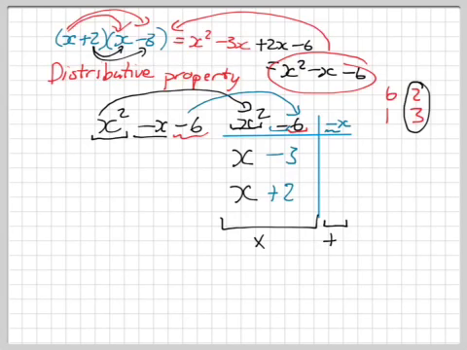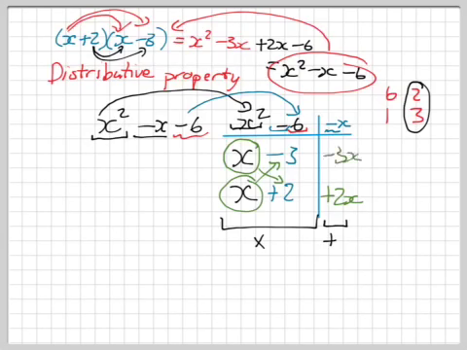And now here's a very important part. This next part might feel a bit strange to you, but this is how the technique works, and I'll explain later on in this lesson why I have to do it like this. Now we have to cross multiply. So I'm going to take the x and times it by the 2 to give me 2x. Next up, I'm going to take that x and cross multiply it to the top. And x times by -3 gives me